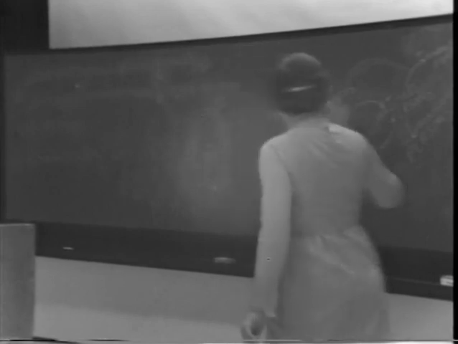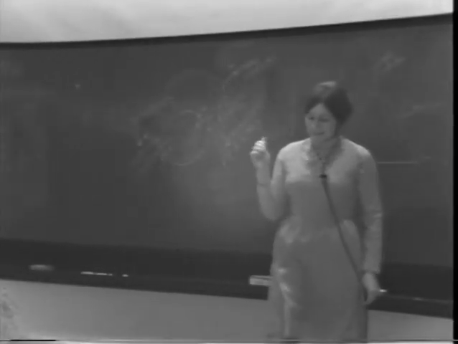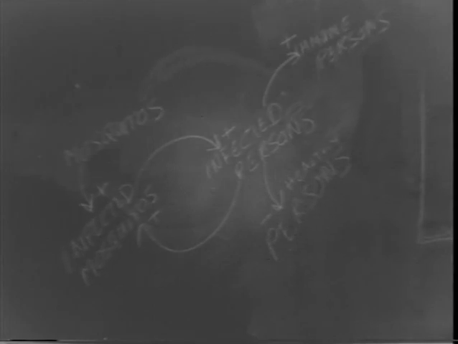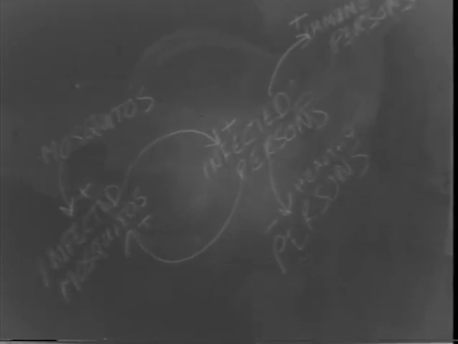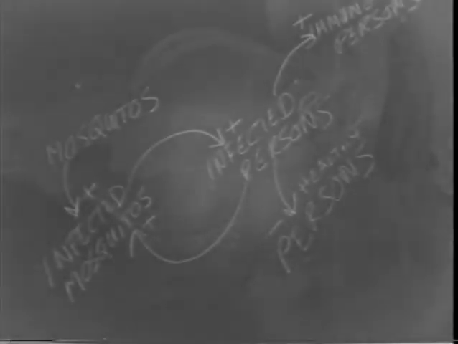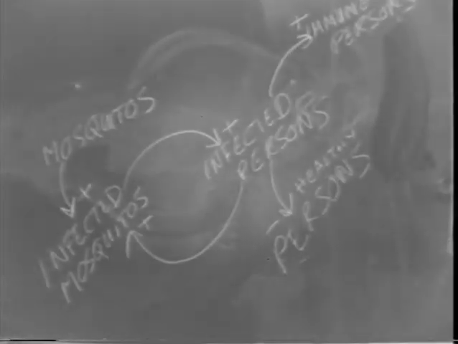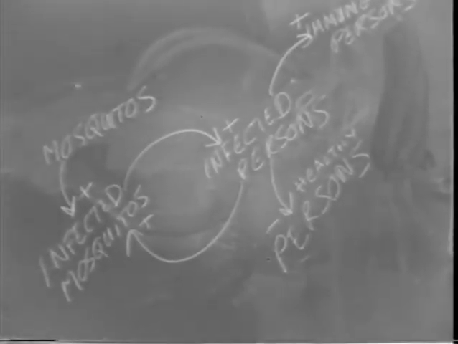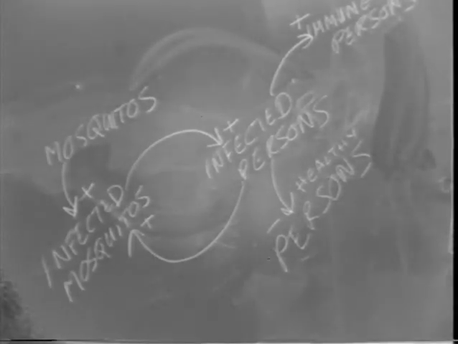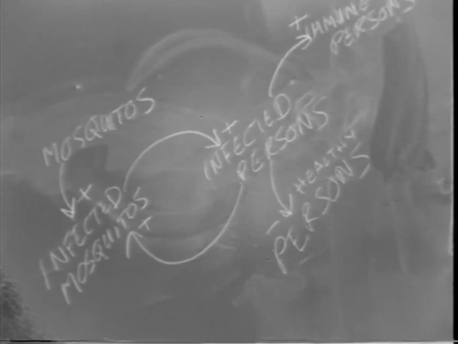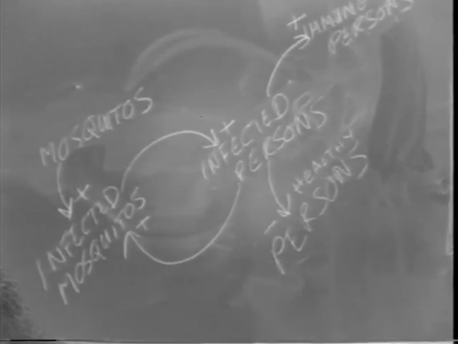Okay, let's think this through one more time. In fact, this is a good example. It's fun to make these things as a group because you end up having to explain things as you go and define things differently. Now we've defined 3 kinds of people at least. We may end up with more. There's people who haven't had yellow fever and who could get it, right? There's people who've got it. And then there's people who have had it and are not able to get it again because they're immune. And then there's dead people. Okay, so we need